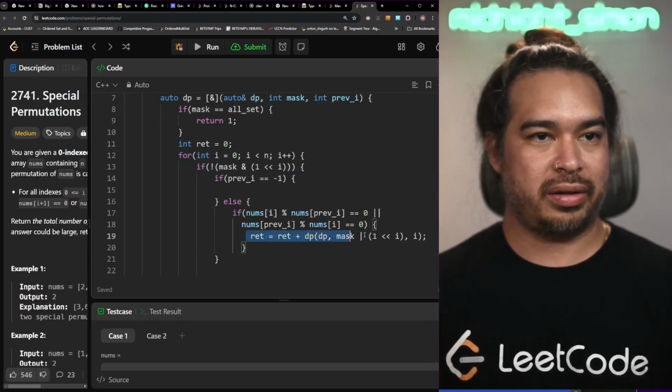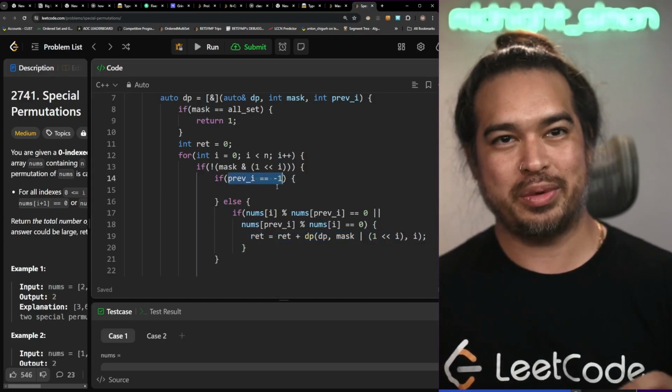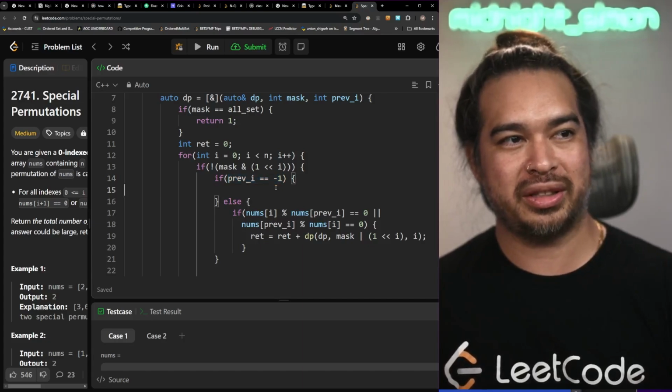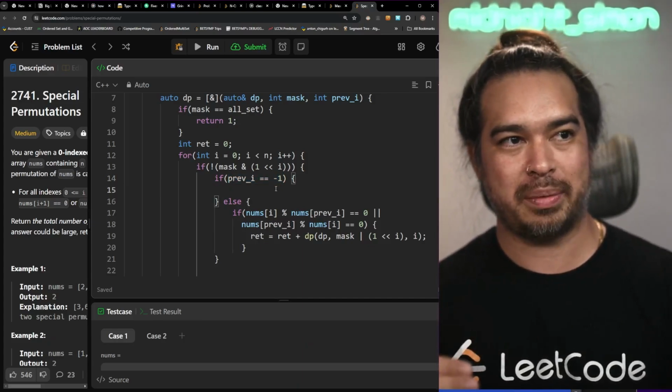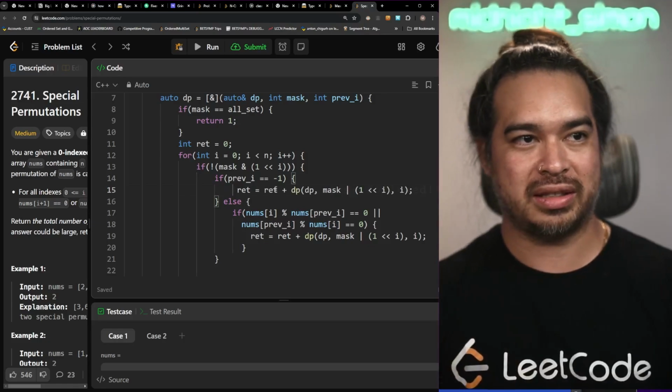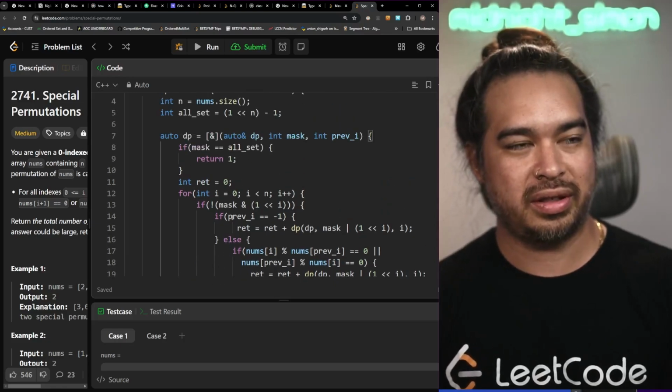All right, and then I guess up here where it's like if previous I is -1, that means we have not selected a previous number yet. This is probably the first time the iteration is going on or the recursion is happening. So we can just select it. And then we can just return this ret, but this is supposed to be a DP